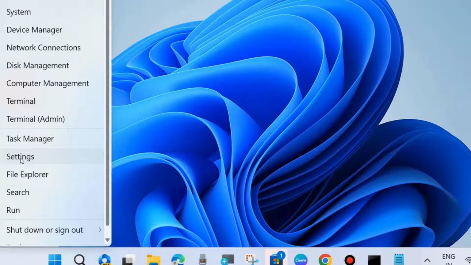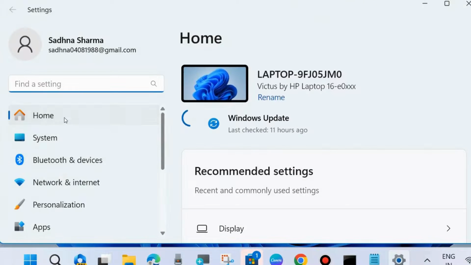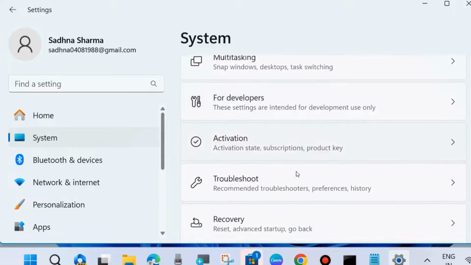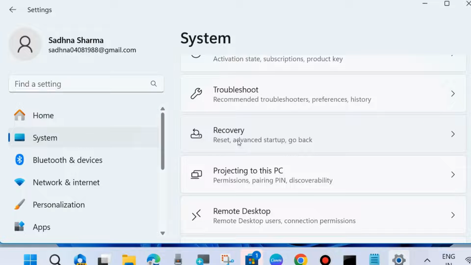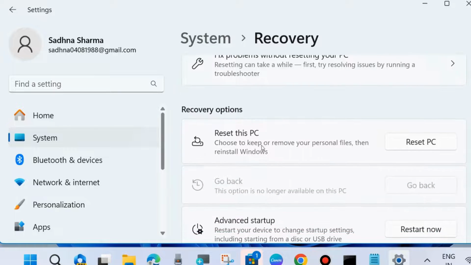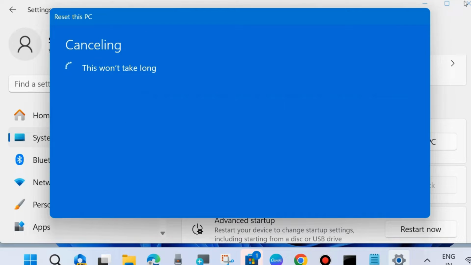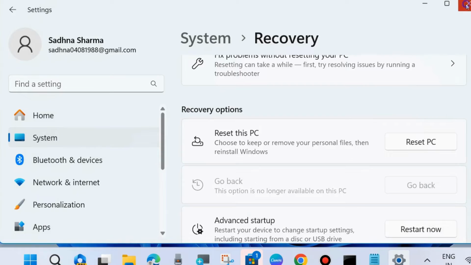Right click on the Start button, choose Settings, and here from the left side go to System, go to the right side and find the Recovery option, click on Recovery, and here click on Reset PC. Here choose Keep my files, choose the option Keep my files and follow the on-screen instructions to complete the resetting of this PC process. And after a clean boot of your PC, restart your system, your blue screen error will definitely be